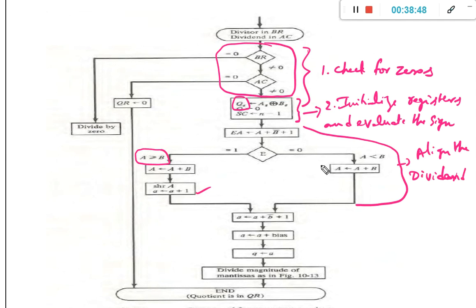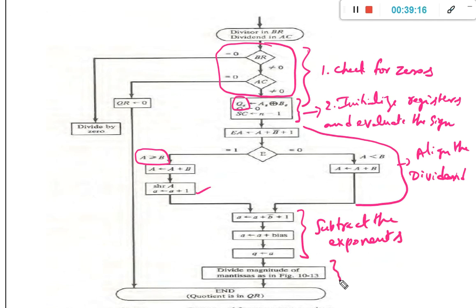If A is less than B, then restore the original value of A. Okay. After that, step 4, subtract the exponents, and assign the final value to the exponent of the register Q.